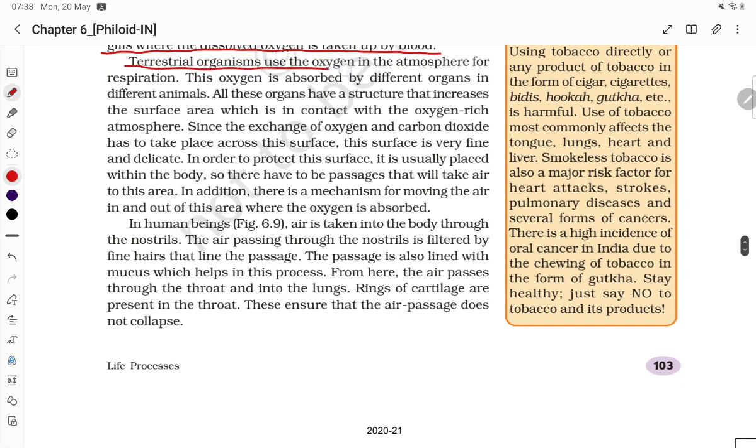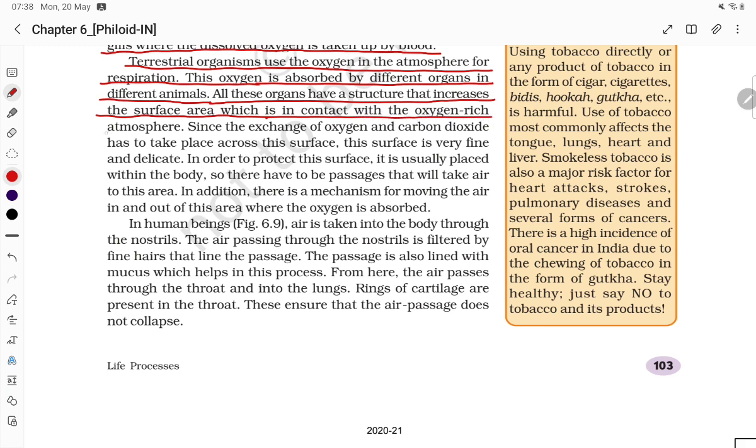Terrestrial organisms use oxygen in the atmosphere for respiration. This oxygen is absorbed by different organs in different animals. All these organs have a structure that increases the surface area in contact with the oxygen-rich atmosphere. Since the exchange of oxygen and carbon dioxide has to take place across this surface, this surface is very fine,